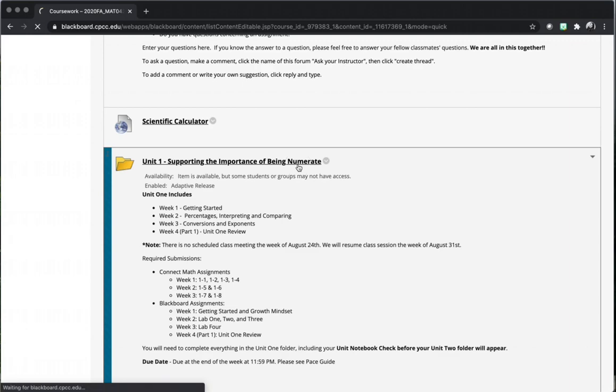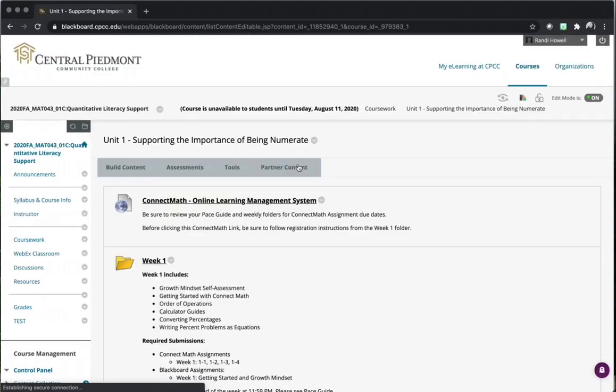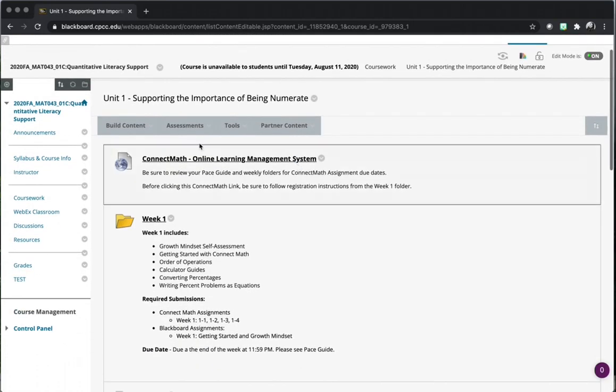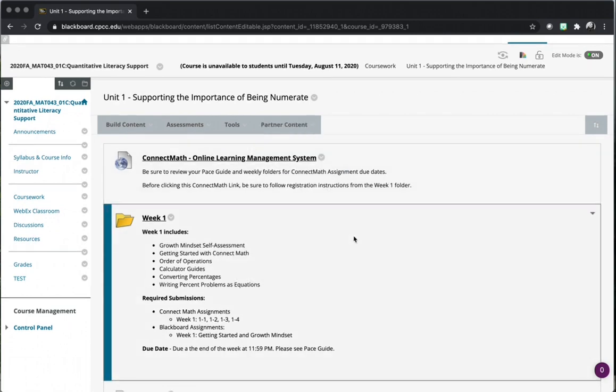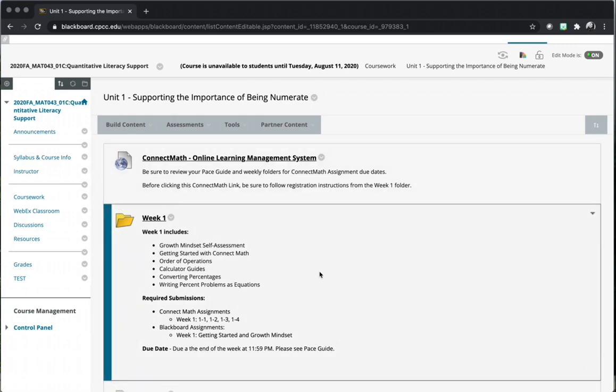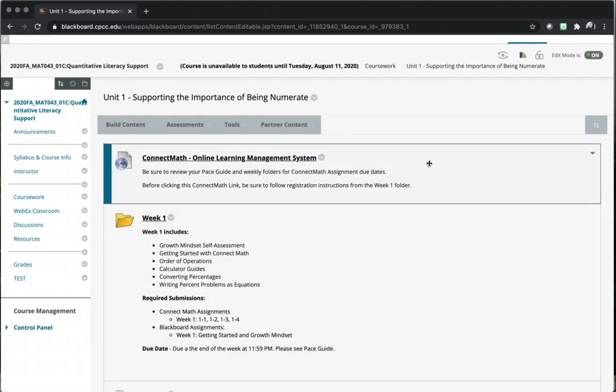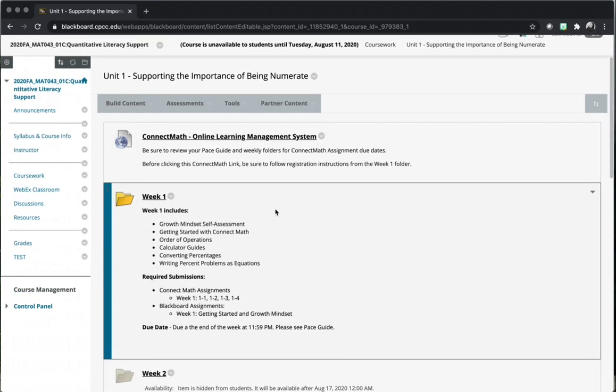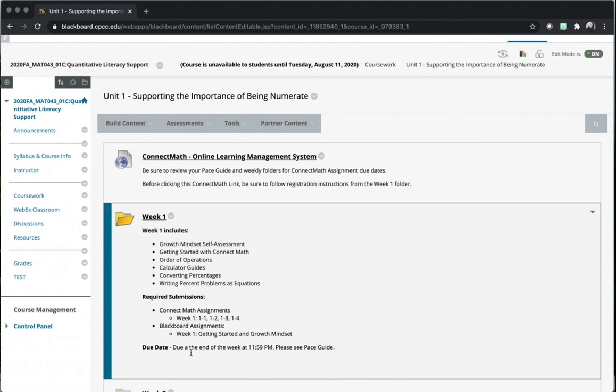If you click on the Unit 1 folder, the first thing that'll pop up is your Connect Math link and then your Week 1 assignment. So if you click on that Unit 1 folder, the first thing that you're going to see is this Week 1 folder. You'll get your Connect Math link after you've registered for your course. So in your Week 1 folder, you'll see everything that is going to be covered in this week and any assignments that are due. So if we click into that folder,